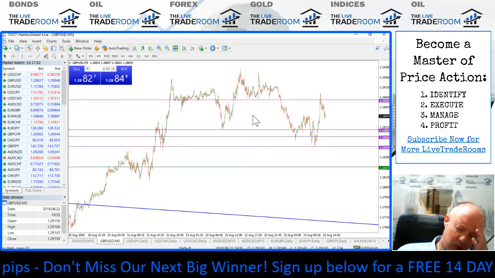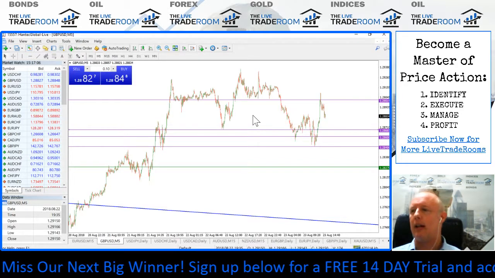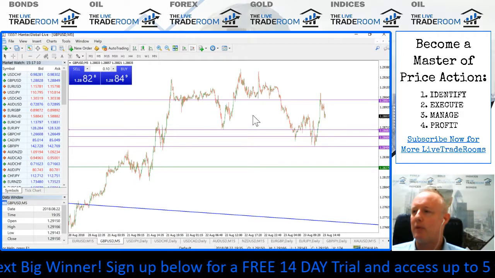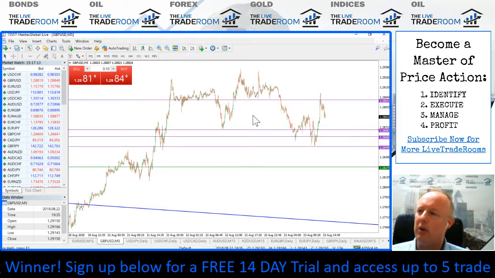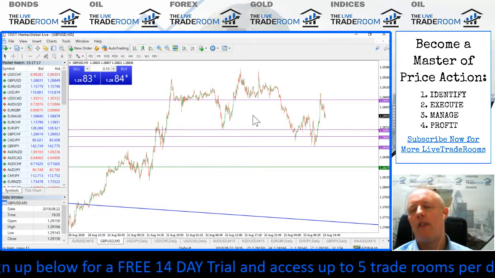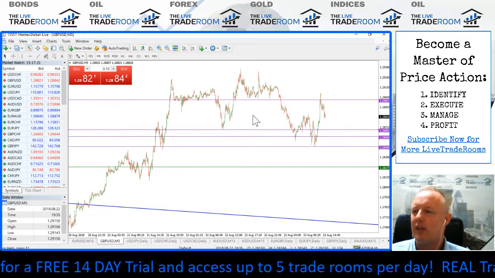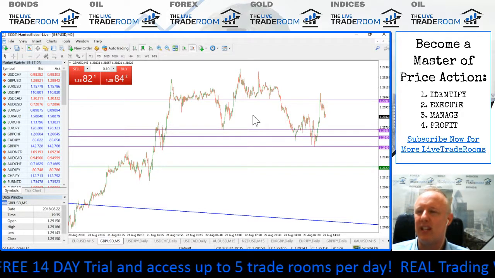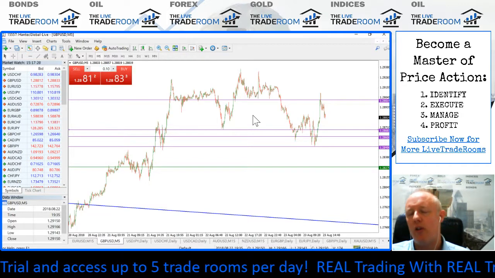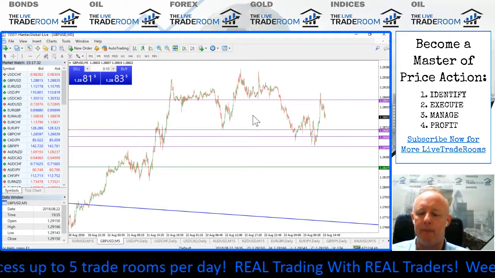There's a lot of political wranglings going on in the US with regards to Donald Trump and the situation with his former lawyer in terms of paying off women, and who knows where all of that's going to end up. But clearly it provided a little volatility for the US dollar yesterday. It was largely politically based, and of course there's rhetoric around global trade wars with Europe and China, and that's all causing a bit of hesitation in the